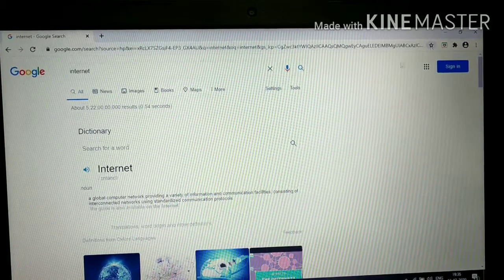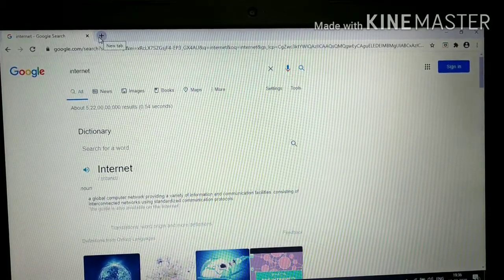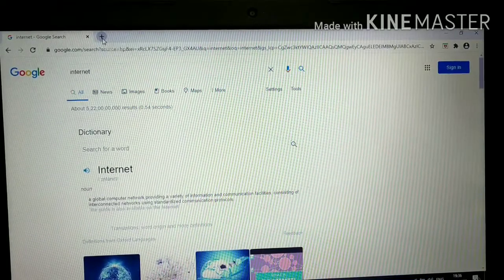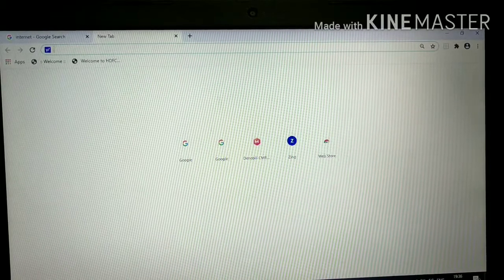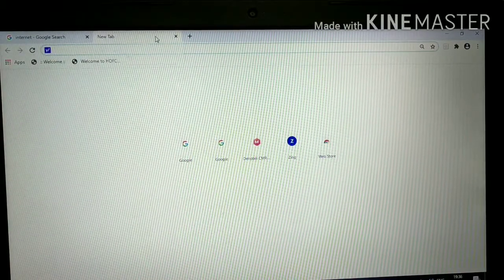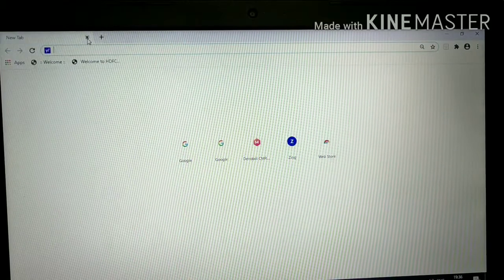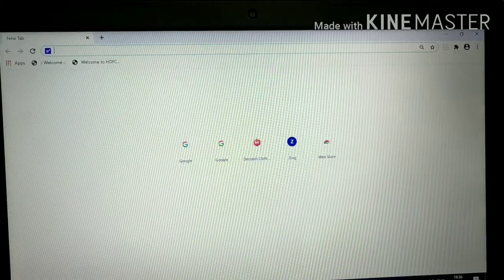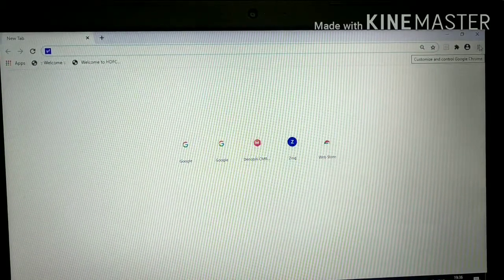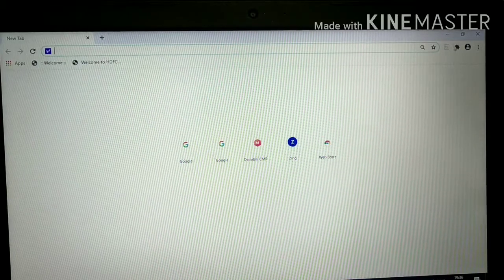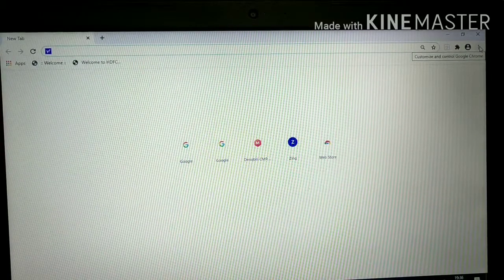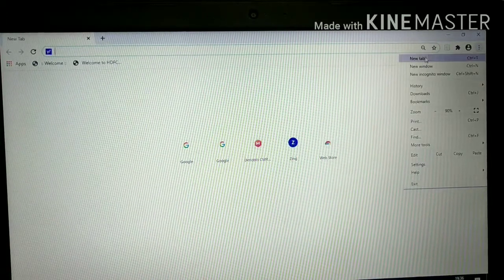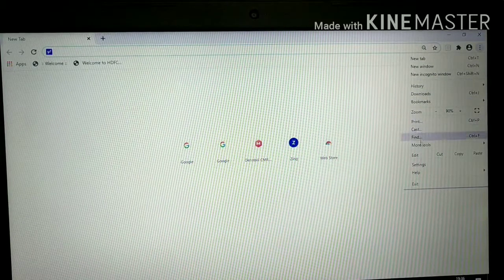Clear? Next one is the new tab option. Can you see this plus sign? Just clicking on this, a new web page can be opened in a new tab. Got it? Here, 3 small dots. Can you see these 3 small dots? Yes. This option is known as Customize and Control Google Chrome. Now, when we click on this option, you can see so many sub options here.